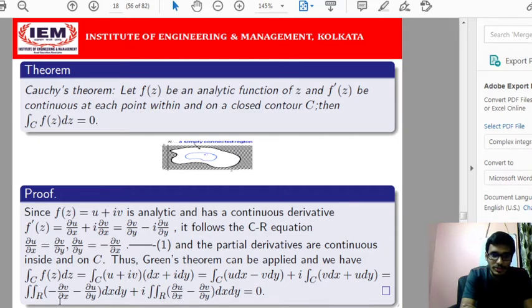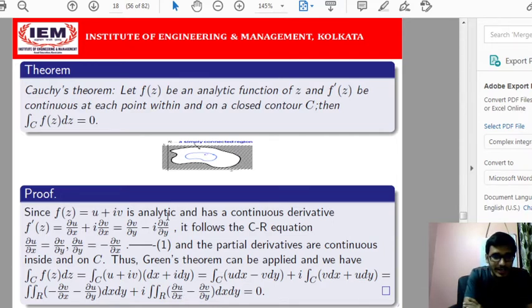So we know Green's theorem. Already we have discussed that the integral of f(z) dz with respect to the given curve C is (u plus iv) into (dx plus i dy). If I separate the real and imaginary parts, this will be u dx minus v dy plus i into v dx plus u dy with respect to the given curve. Now you already have studied Green's theorem in multivariable calculus. So as per Green's theorem, if